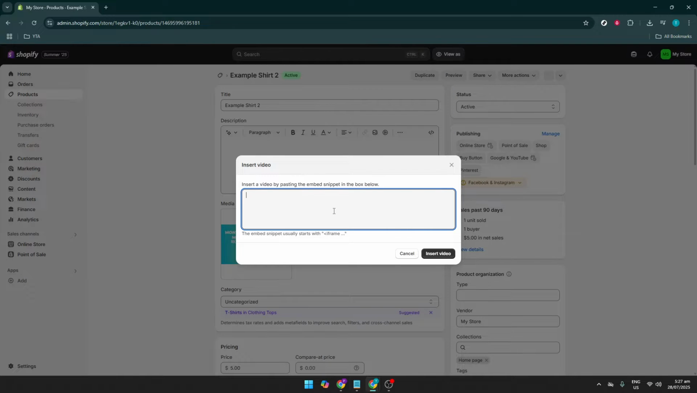Once you have pasted the link into the provided field, you're going to look for an Insert Video button. Click it, and Shopify will embed the video directly into the product description where you previously specified. You can always preview the changes to ensure that the video appears as you'd expect it to on the product page. Keep in mind that embedding videos can significantly enhance your product listings by offering a richer, more informative experience